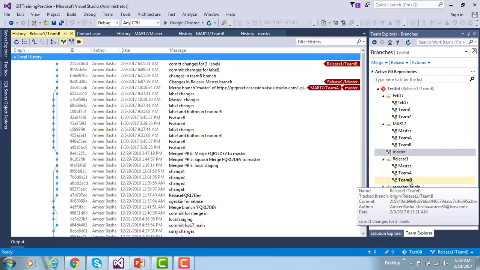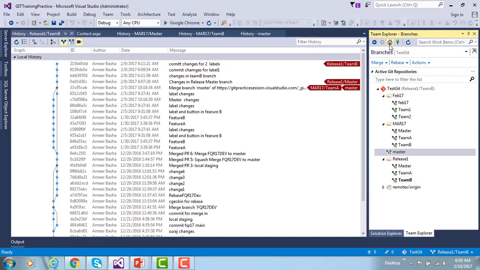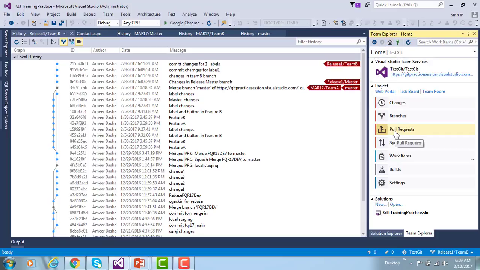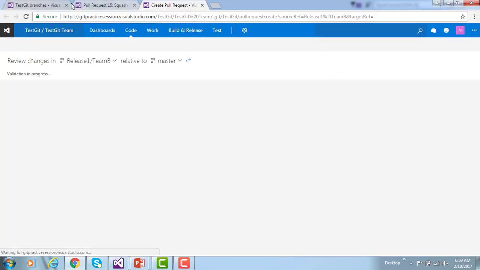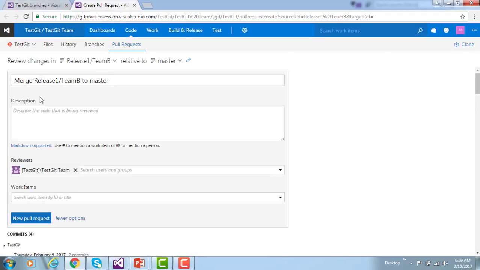So first I'm going to create a new pull request in the team B branch, and I'm going to compare and review the changes by using the pull request. Okay, now I'm going to switch to the project, and after that I'm going to create a new pull request over here. So what I'm saying, simply squash merge. I will give the description as squash merge release team B to master of the main master,